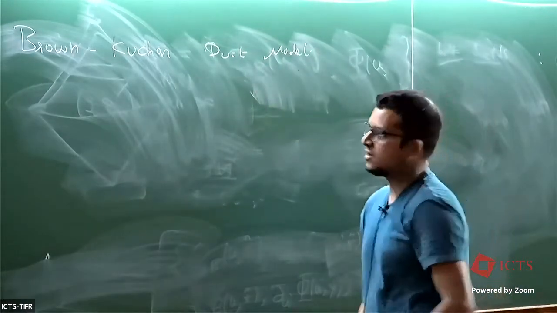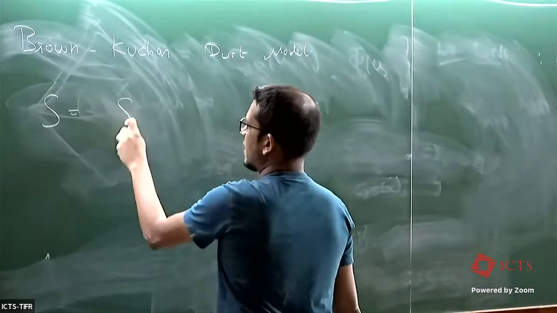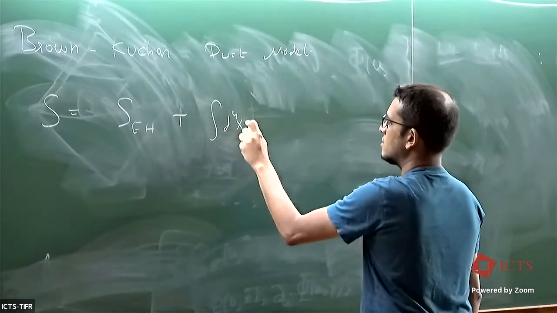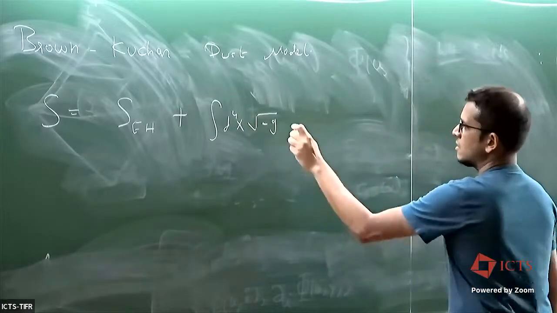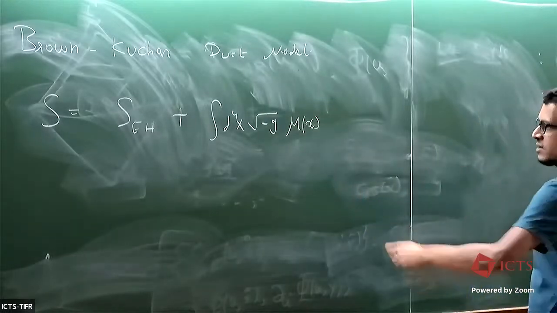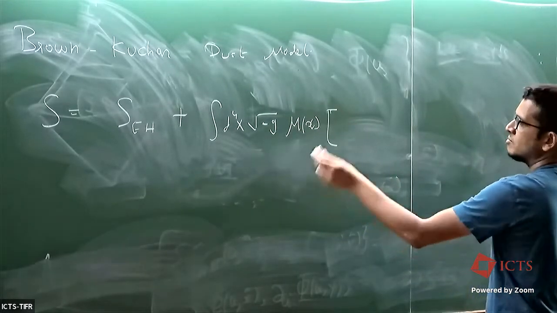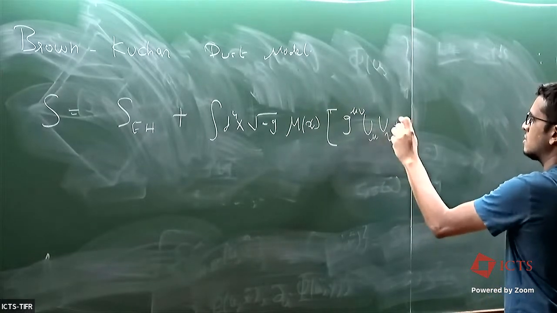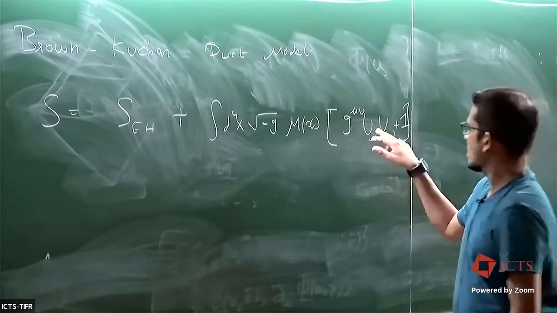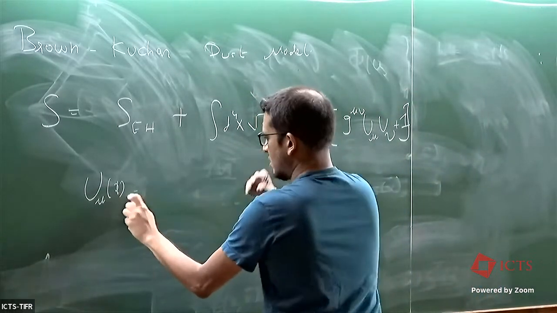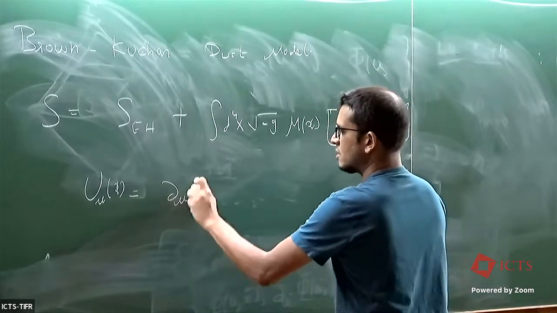whose action was basically given by the Einstein-Hilbert action plus, I will explain what the fields are, some different fields which are related to the degrees of freedom of dust, where this u mu is a velocity field of the dust, which can be written as del mu of some scalar plus